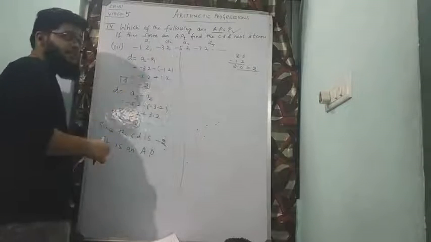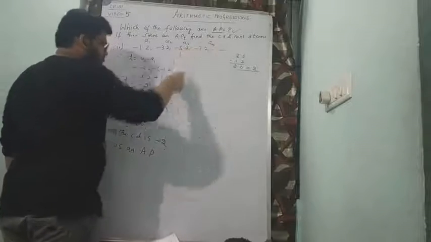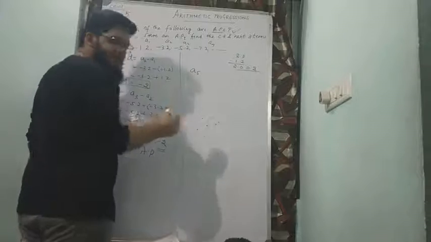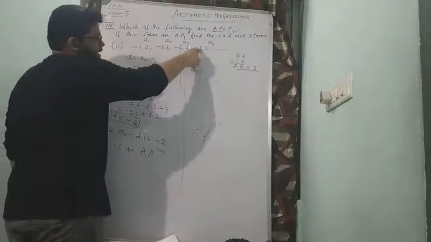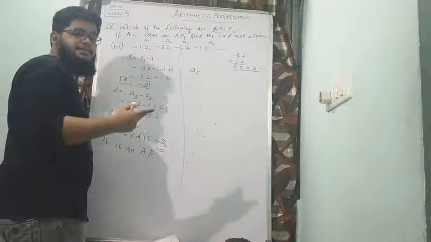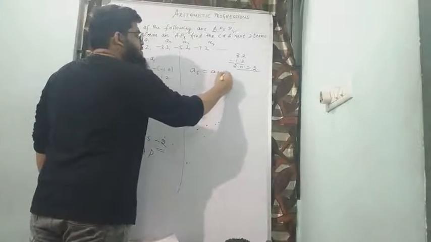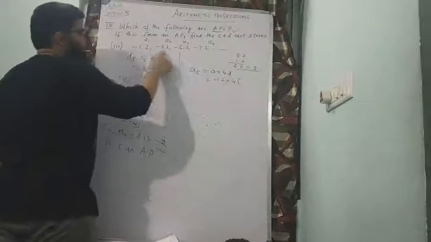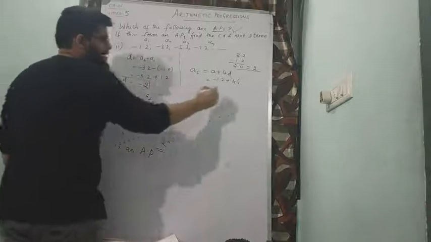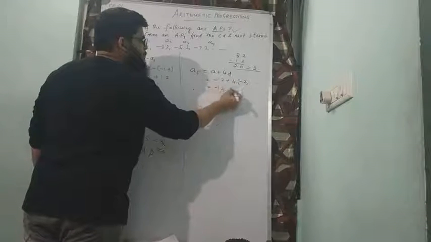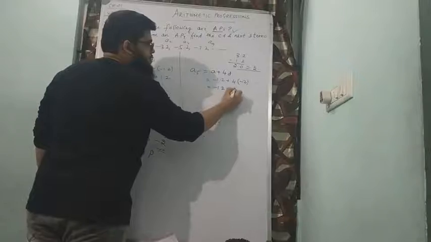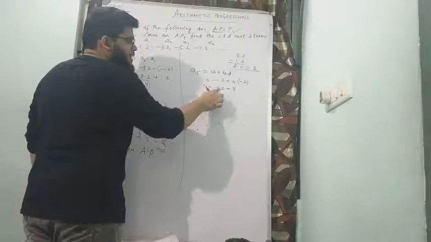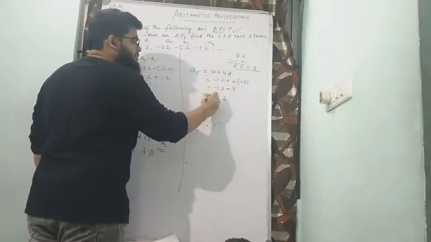First part of the question is completed. Now they are telling, find out the common difference. Yes, common difference is minus 2, proved. Next three terms will be A5, because we have A1, A2, A3 and A4. Next three terms will be A5, A6 and A7. A5 is A plus 4D. A is minus 1.2 plus 4 into D. D is minus 2. Minus 1.2 plus, into minus is minus. 4 2s are 8. Right? Minus into minus is plus. 8 plus 1.2 is 9.2. 8 is greater, so minus 9.2.